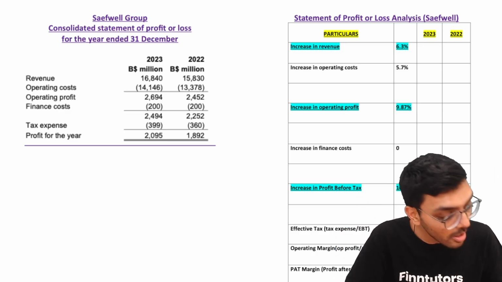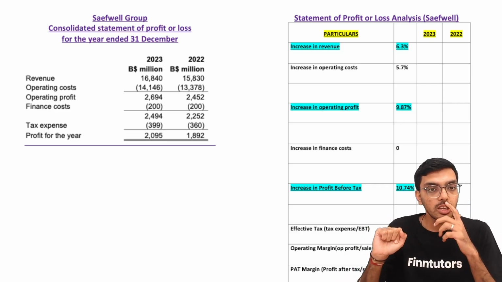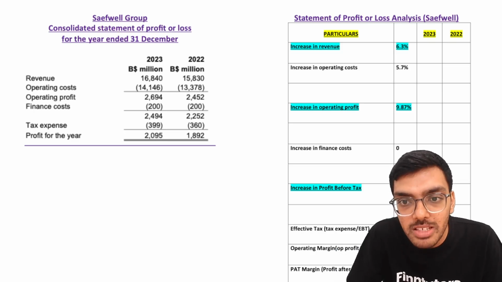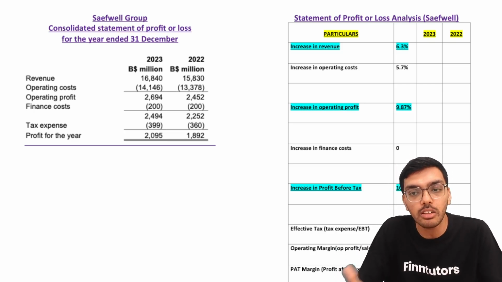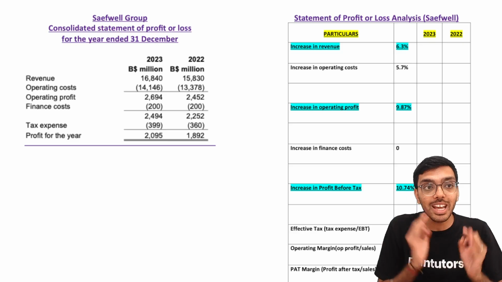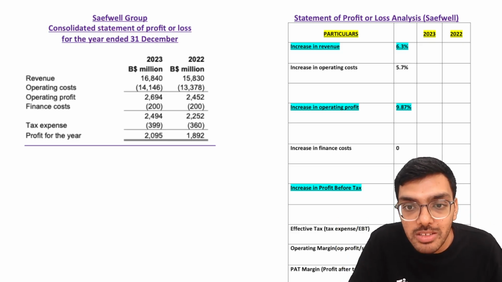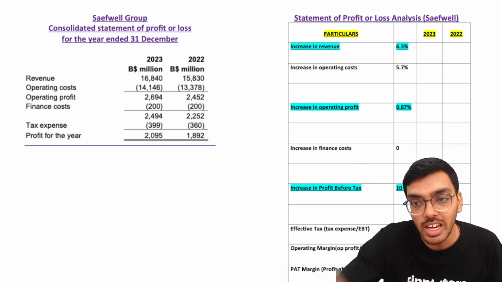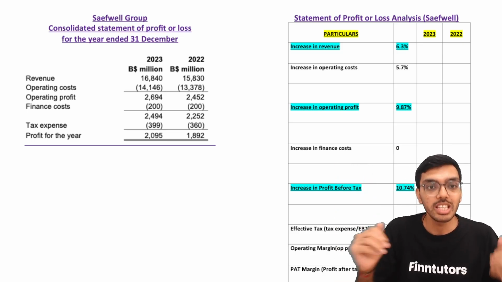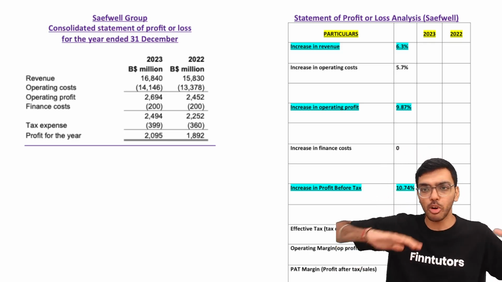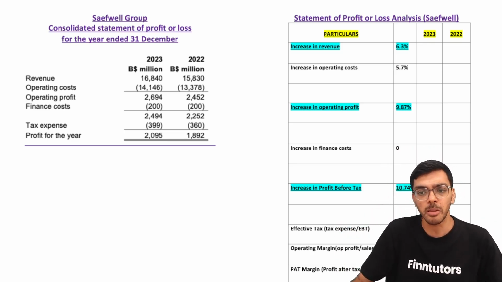The examiner knows that this student has studied the profit or loss statement. The examiner will give you the business acumen credit for this. You are a senior finance manager. Remember this. You need to know the ins and outs of your business. So this is why this analysis is important. Yes, you understand the company, but second, you can use this.